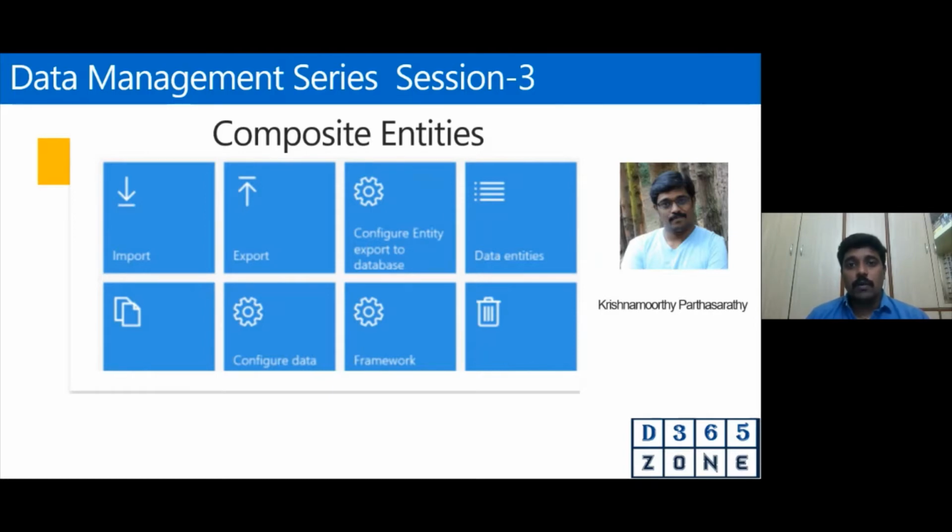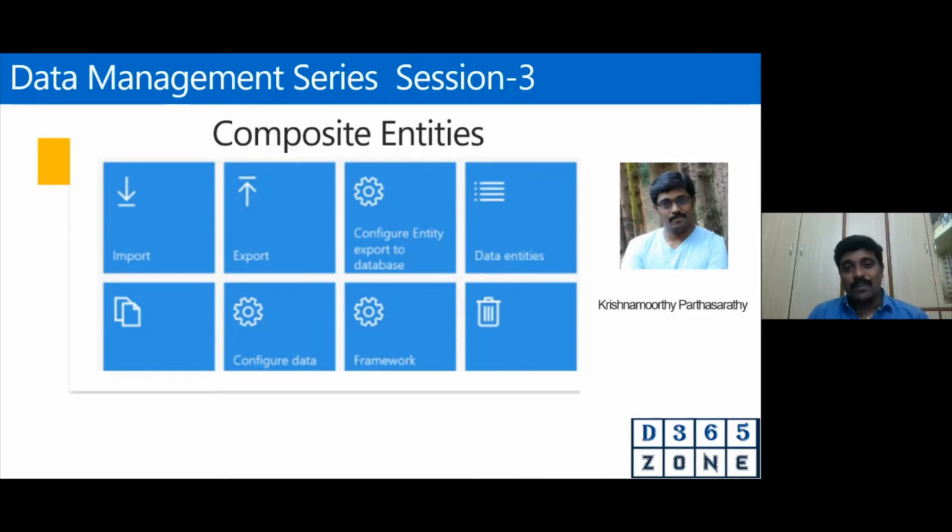Here we are going to speak about how to create the composite entity from scratch. We are also going to speak about how to create entities and what the various types of relationships are that can be created in the staging tables or at the entity level. Again, this session is going to be for technical people. Functional people, if you're there, please excuse me. The composite entity has been a very good feature introduced in D365. With this, we can achieve the relationship of importing data without using any piece of code.